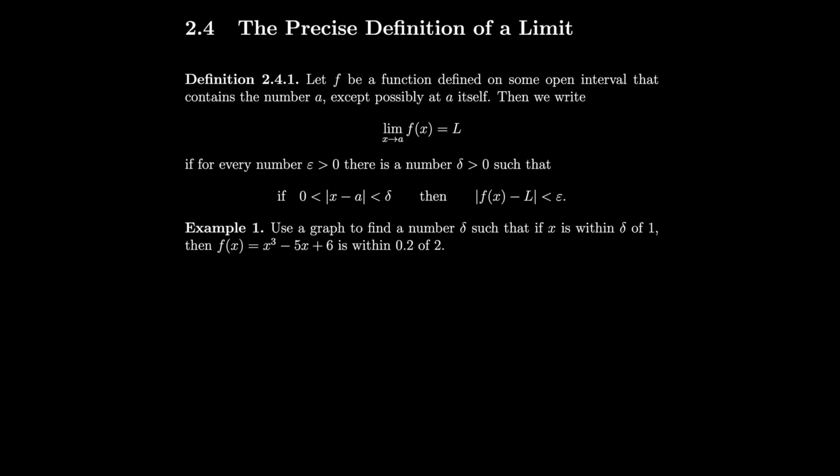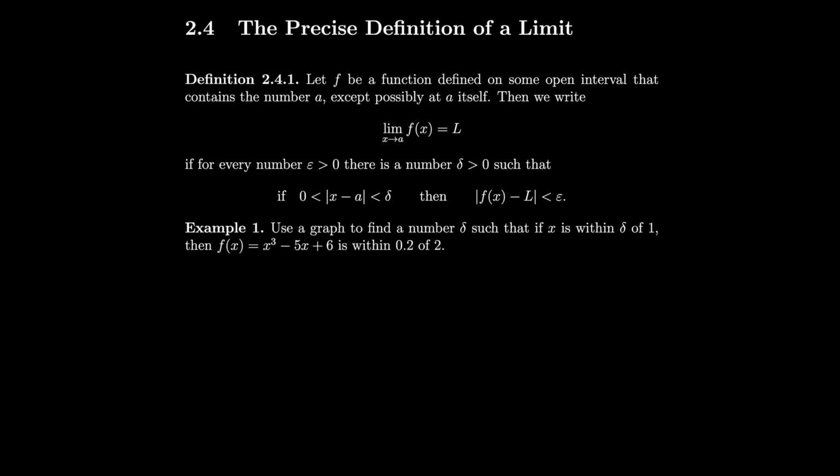Section 2.4, the precise definition of a limit. Let f be a function defined in some open interval that contains the number a, except possibly at a itself. Then we write that the limit of f of x as x approaches a equals L if for every number epsilon greater than 0, there is a number delta greater than 0, such that if 0 is less than the absolute value of x minus a is less than delta, then the absolute value of f of x minus L